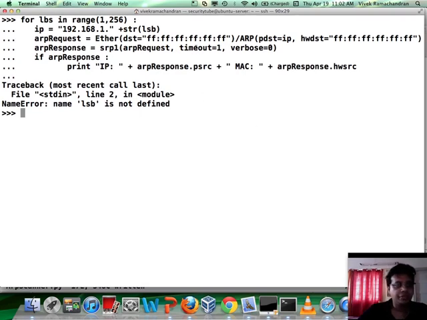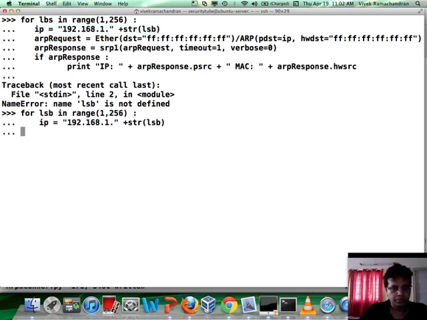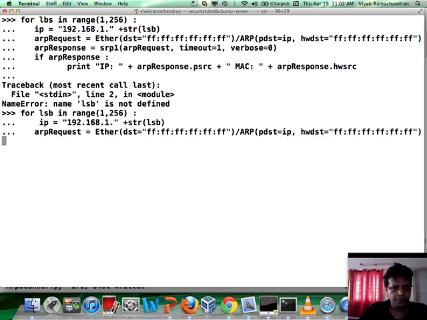Okay, I think I made a very stupid mistake of having this as LBS rather than LSB. So here goes. Let me just copy paste this part here. Actually, yeah, some problem with the indentation. It's like one additional. So now in this line, what we are doing is just making the ARP request as I explained before,